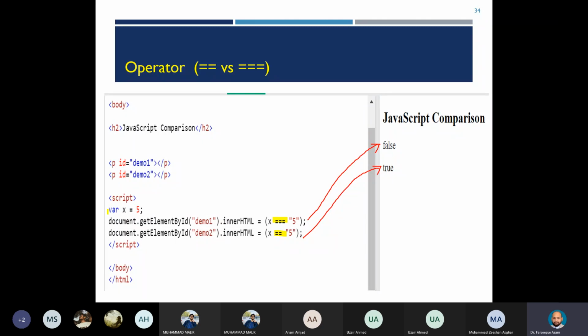Here we are declaring x as a variable और इसको इनिशियलाइज किया हमने 5 से, तो x की डेटा टाइप हो जाएगी नंबर। ठीक है जी, x की डेटा टाइप यहाँ पे जब हम x डिक्लेयर करेंगे तो इसकी डेटा टाइप हो जाएगी नंबर। अब अगर मैं ट्रिपल इक्वल यूज करता हूँ तो ये फिर डेटा टाइप भी चेक करेगा और वैल्यू भी चेक करेगा, दोनों चीज़ें चेक करेगा।